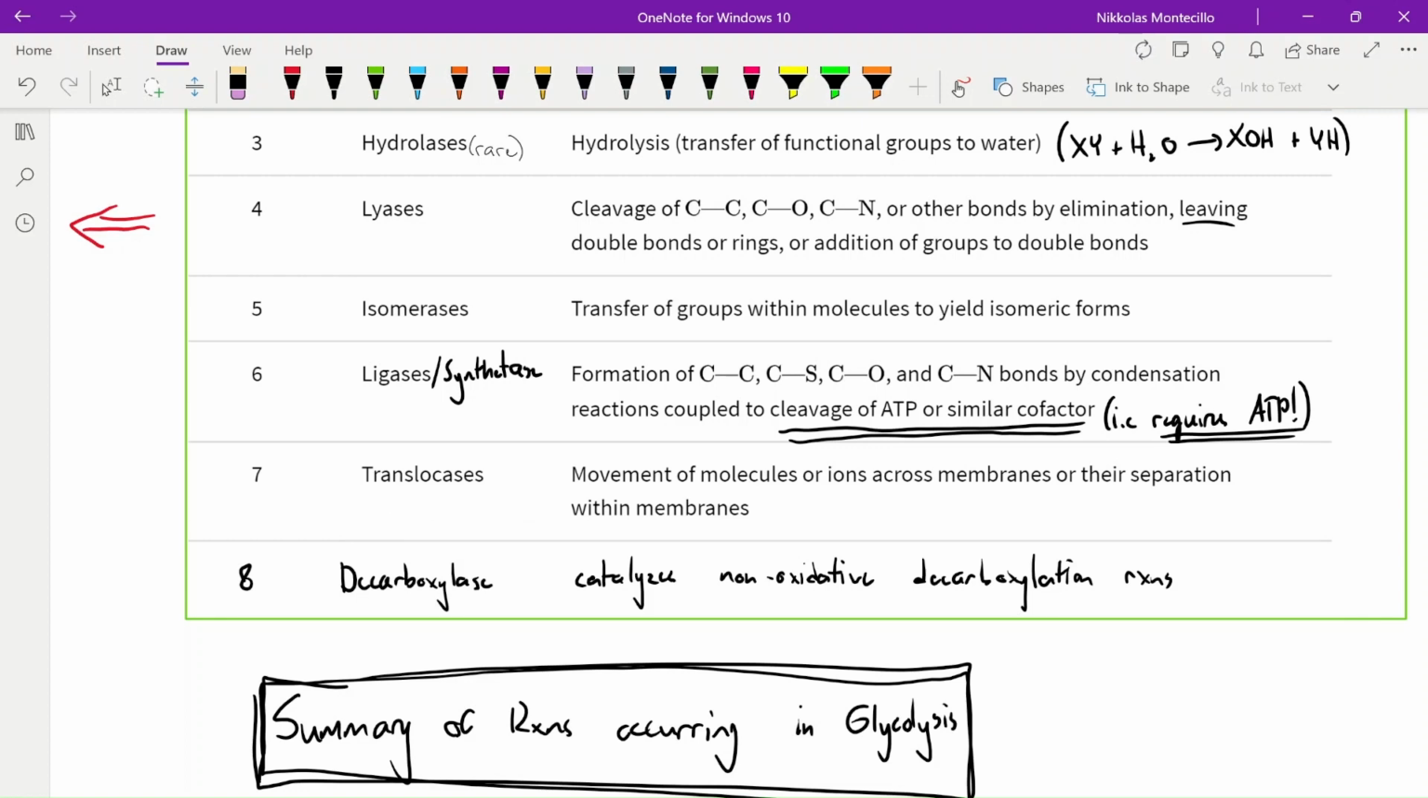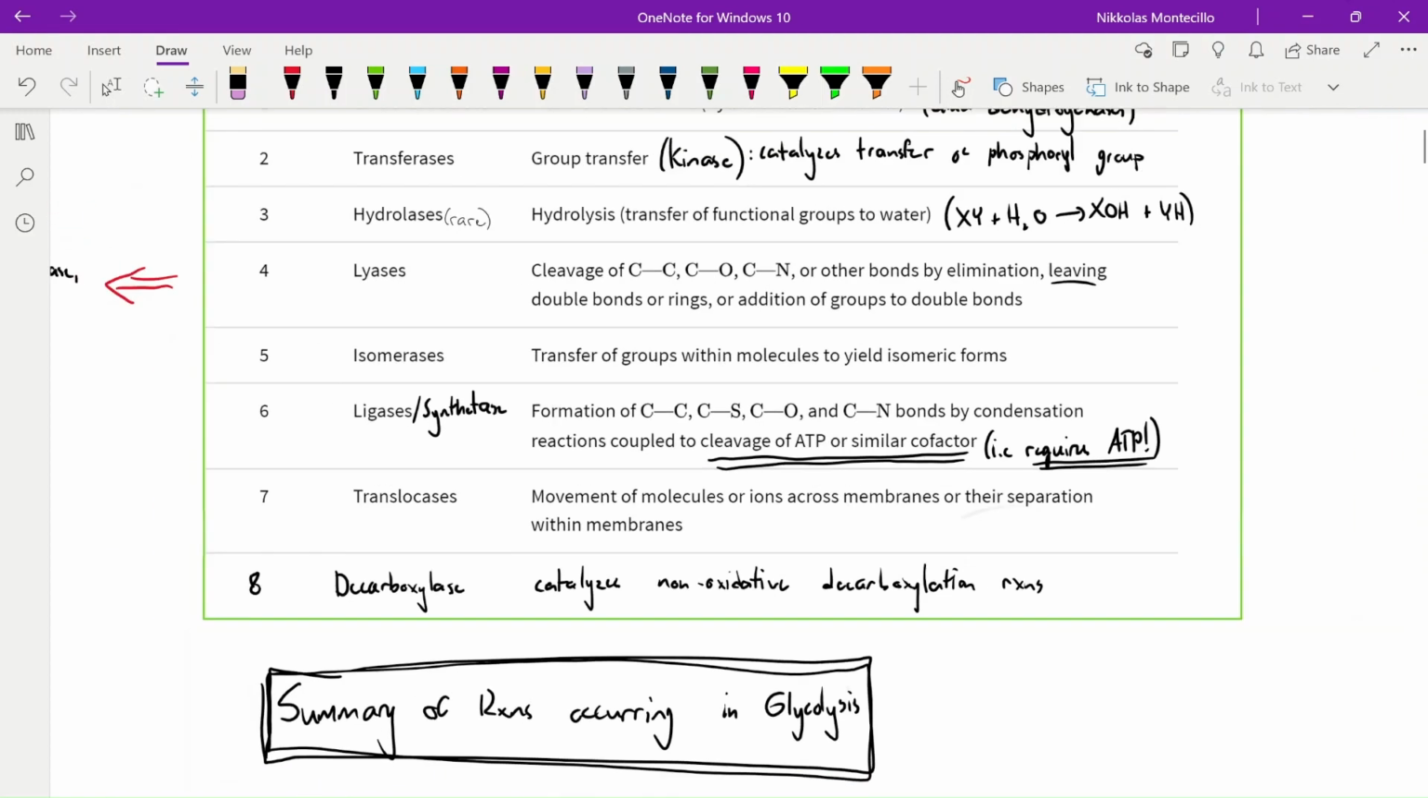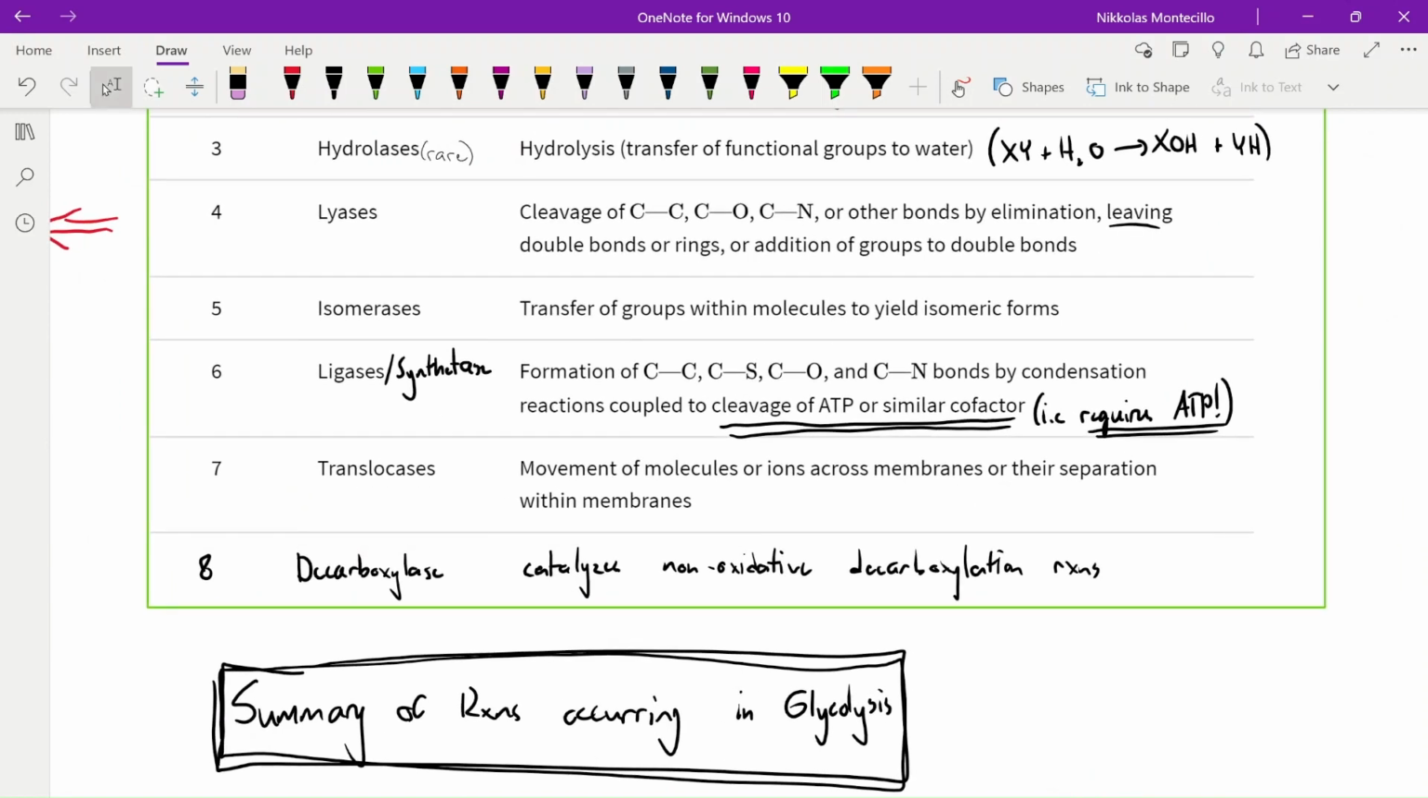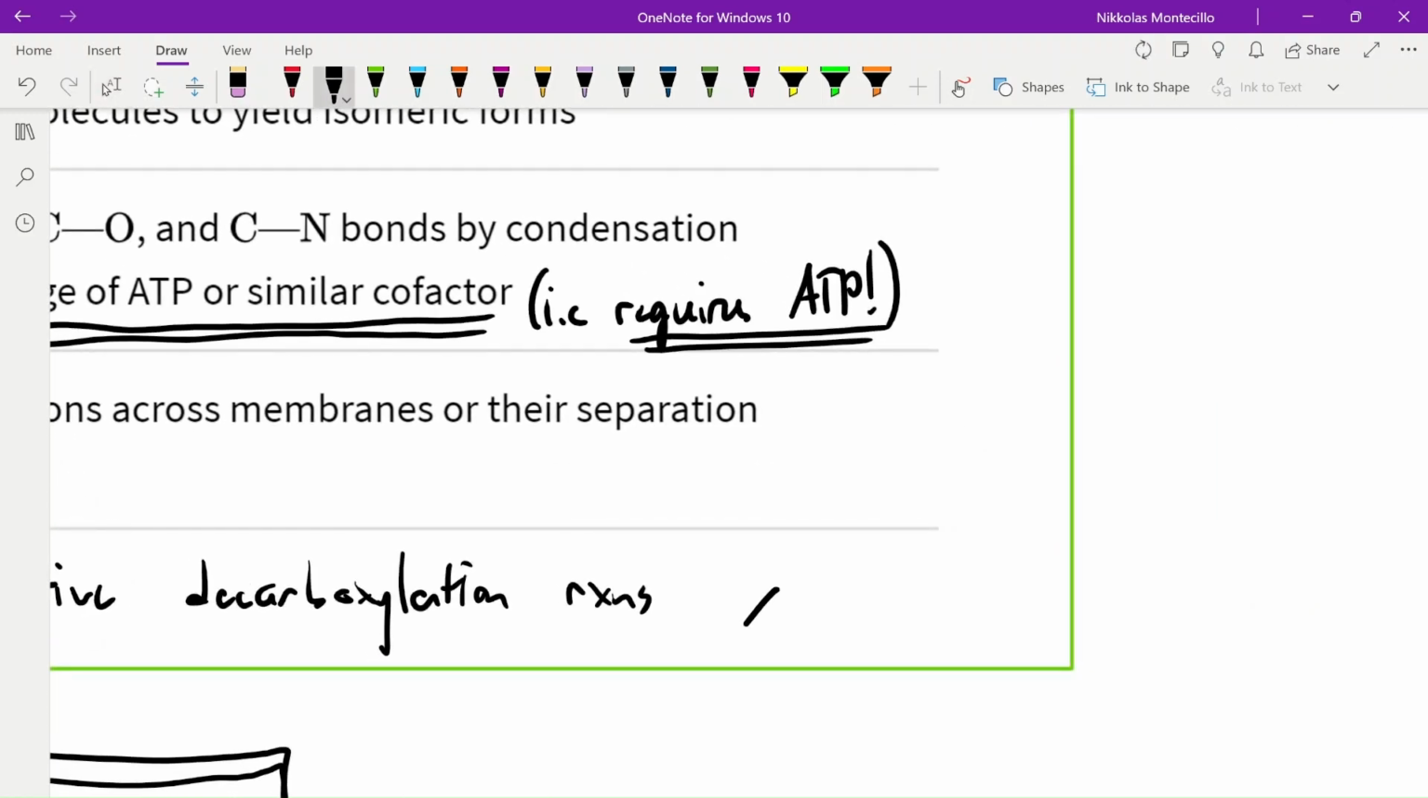And lastly, we have decarboxylase enzymes. So decarboxylase enzymes are the enzymes that catalyze non-oxidative decarboxylation reactions. So it's the removal of a carboxyl group. In chemistry, we remember that carboxyl groups are usually just carboxylic acids, but in cellular respiration, we usually find carboxyl groups in the form of an ion. Right. So, just something to keep in mind for now. We won't see that many